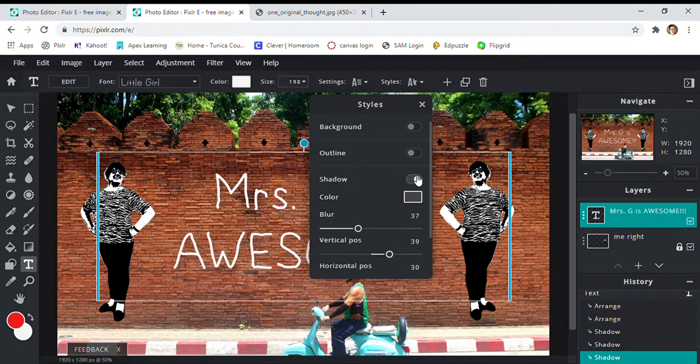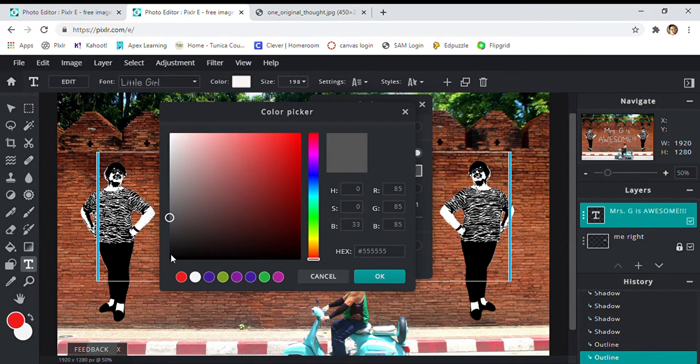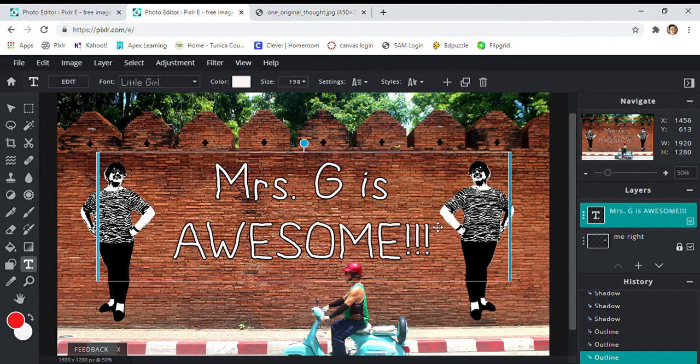If I don't want a shadow, but I want an outline, just to be sure, I can outline it, and it keeps it in that gray. Maybe I want it a little less. Right. Maybe instead of gray, what would happen if I did a crisp black? Okay. And again, I can duplicate that layer of text, and I can delete that layer of text. But let's say